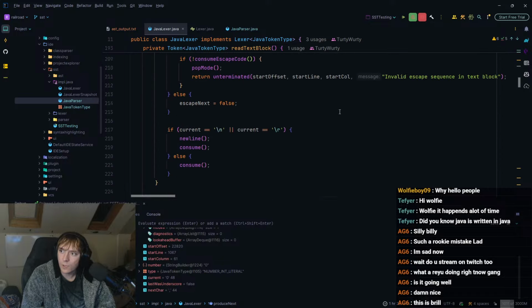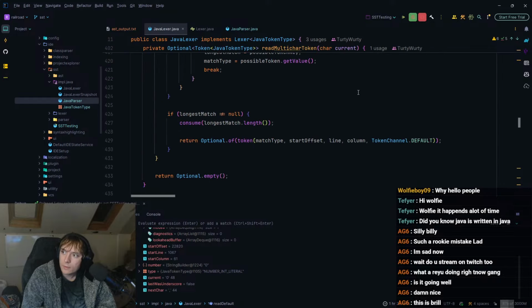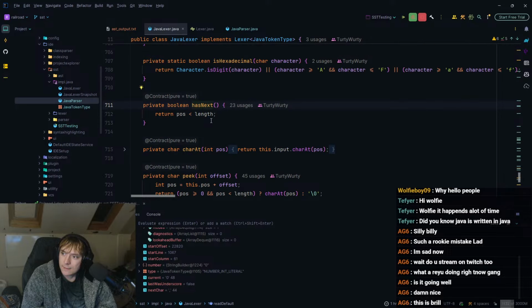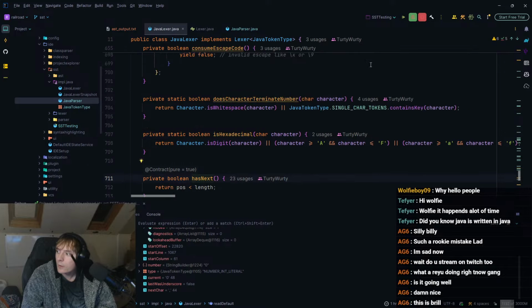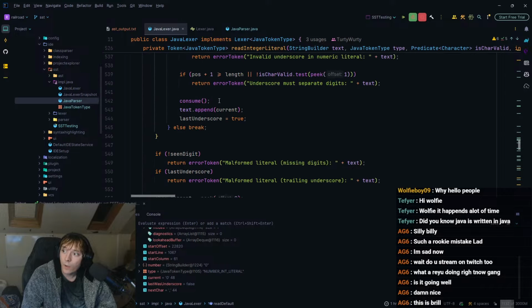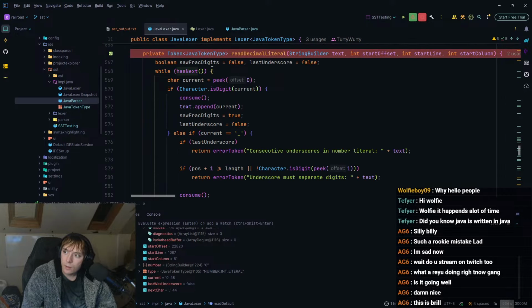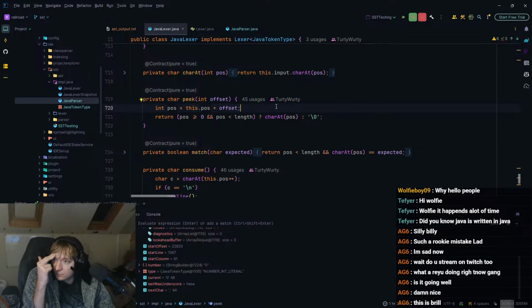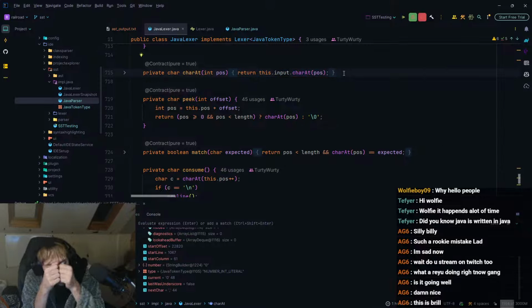I'm getting confused. I wrote this so long ago, I don't remember how it works anymore, which isn't very good. So it has next. What does that do? Pos is less than length. Okay, fine, I guess. So what does peek do? Int pos is equal this dot pos plus offset. Return char at pos. Okay, what does char at do? It just does input dot char at. So I'm not even using the look ahead buffer.